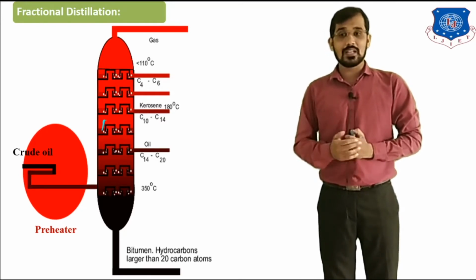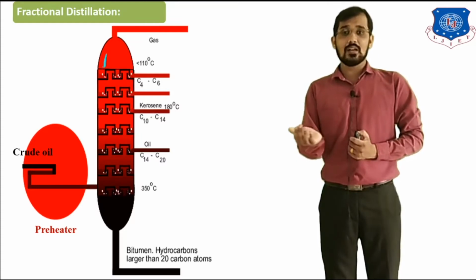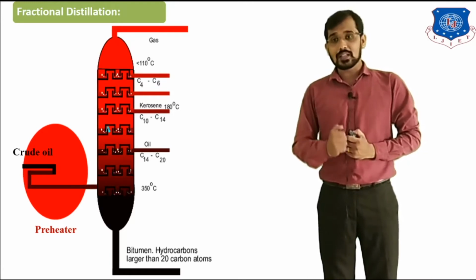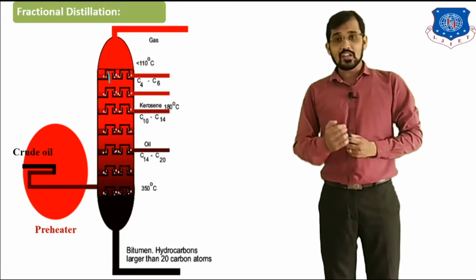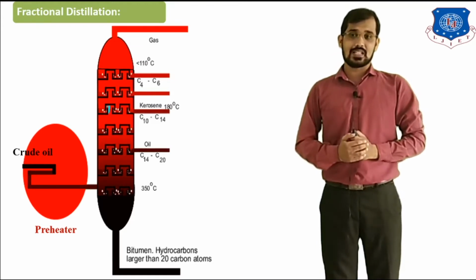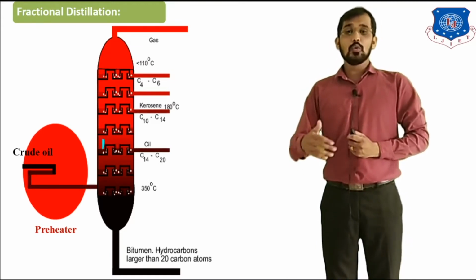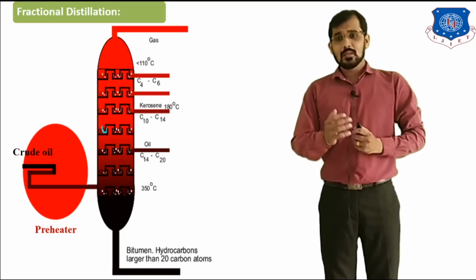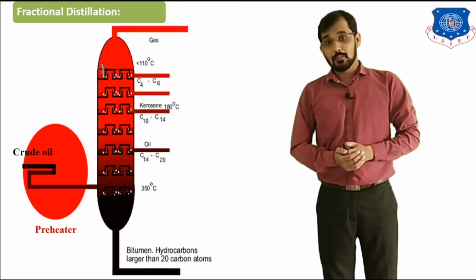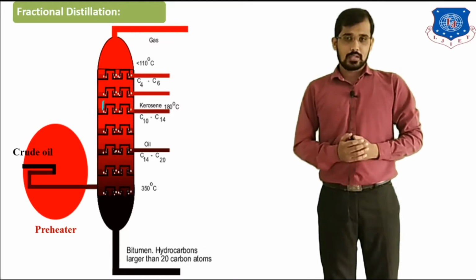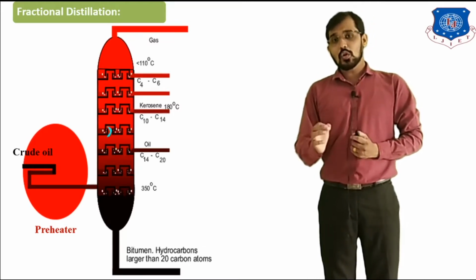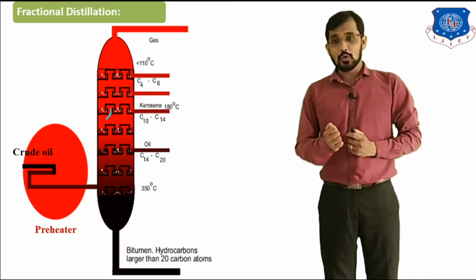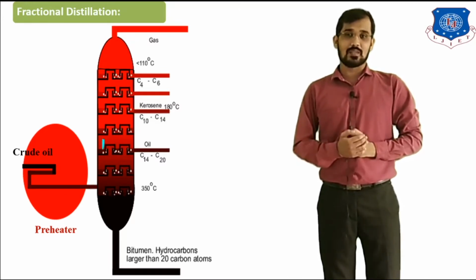After that there is the next stream, that is C4 to C6, meaning this cut is below 110 degrees Celsius, where we are removing the gasoline or petrol. After that we are removing the kerosene, and the boiling range is 180 degrees Celsius to 200 degrees Celsius. After that diesel oil, around 200 to 250 degrees Celsius, this range can be operated. And in the bottom section you can see there is a 350 degrees Celsius cut available, meaning the less volatile component is removed from the bottom section, and those components are residual components, a high boiling point mixture. You can see bitumen, hydrocarbons larger than 20 carbon atoms.